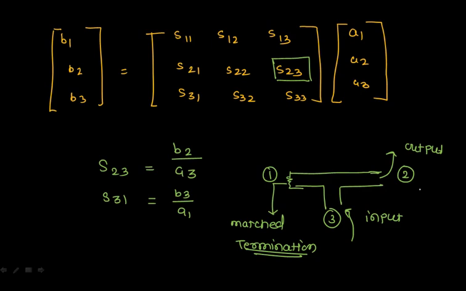With a simple microwave bench, you can find out the scattering coefficient of any device, and this scattering coefficient will give you the exact idea of the reflection coefficient. Okay, as these are reflection coefficients, not powers, you need to square them when it comes to power, which we have already seen. So this is all about how we can measure the scattering coefficients for any device, let it be a two port device or a three port device. So I think this is nothing but the end of your